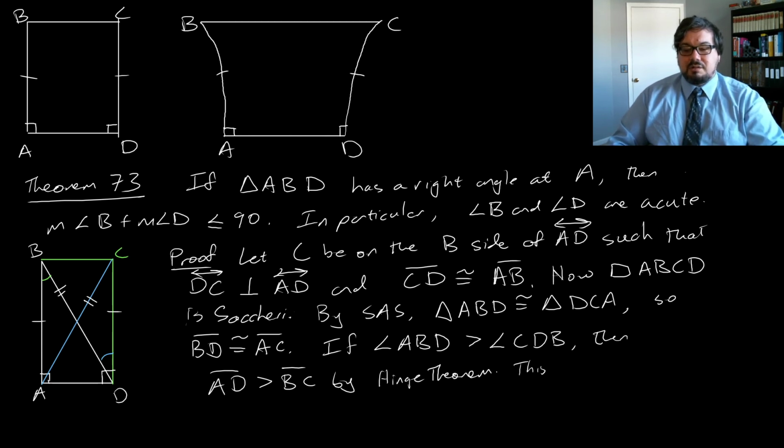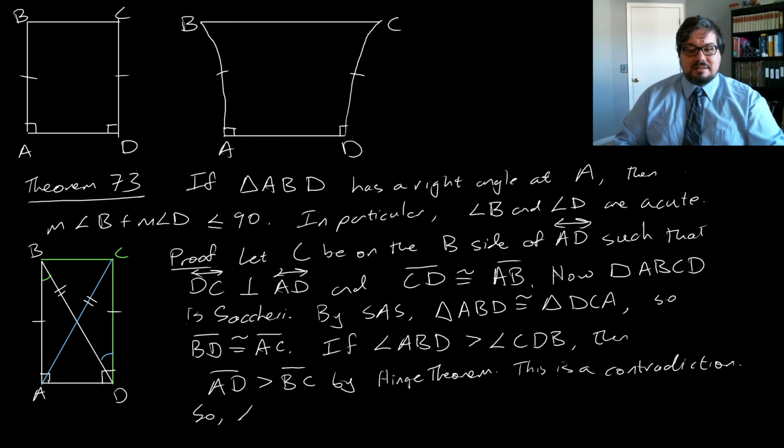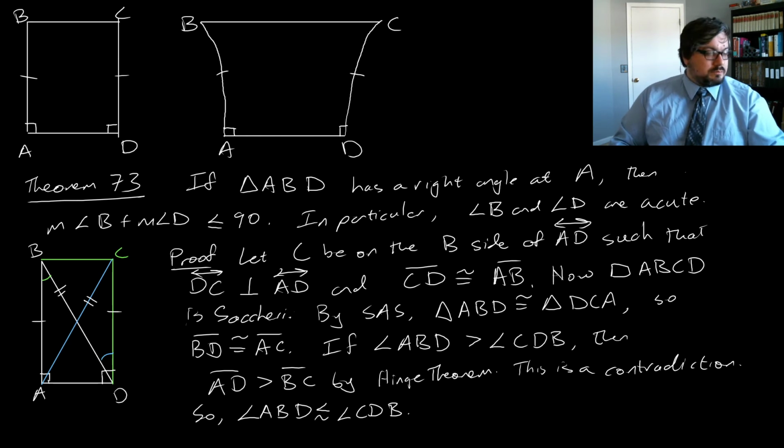This is a contradiction. This is a contradiction to what we just proved in Theorem 72, that the upper base can't be less than the lower base. So this means that angle ABD is less than or congruent to angle CDB. So therefore,